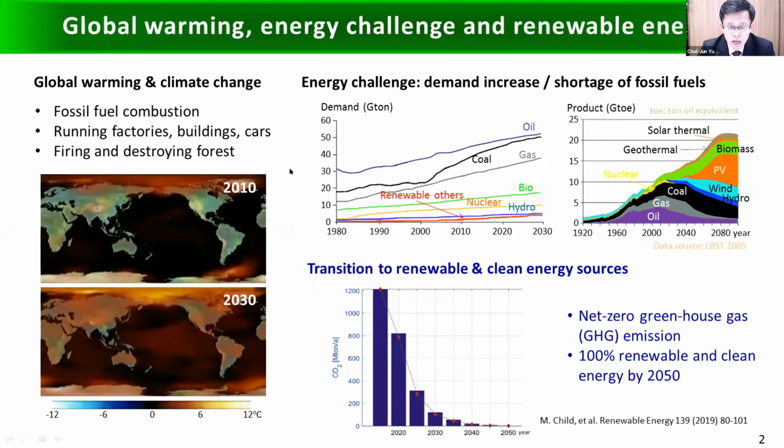According to the World Energy Outlook of the International Energy Agency, the worldwide demands of oil, coal, and natural gas are expected to rise to 53, 50, and 38 gigatons in 2030. However, fossil fuels have limited reservoirs, and the production of fossil fuels hit the highest peaks already in 2020, and then decreased continuously. To mitigate the catastrophic effect of global warming and ensure the sustainable energy supply, we must switch